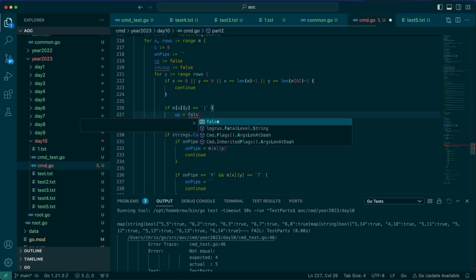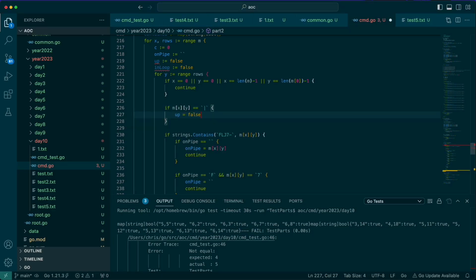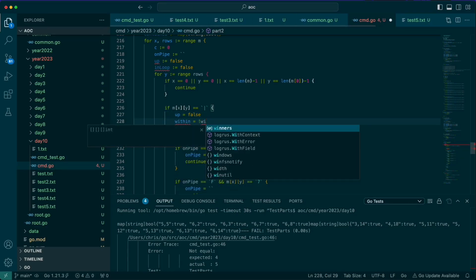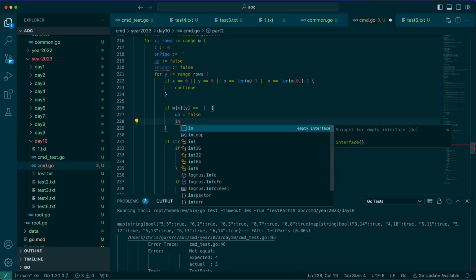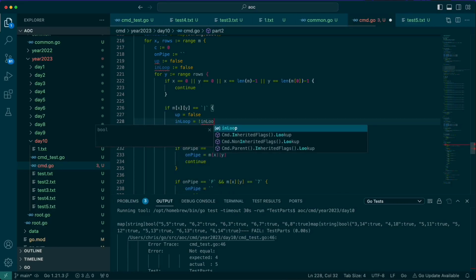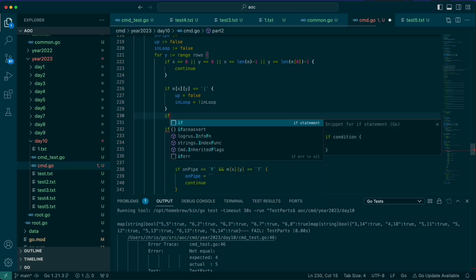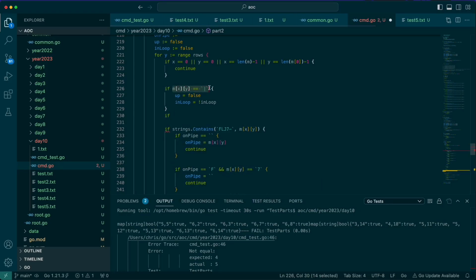up is false, and within, so anytime we cross a pipe, that means we're going to flip states for the loop, and our up is going to become false. So there's really no up down to track there. So if it equals F